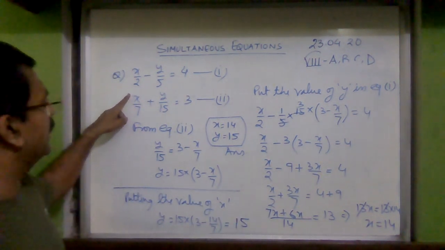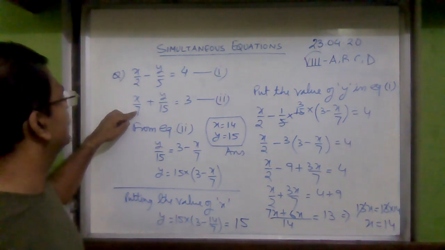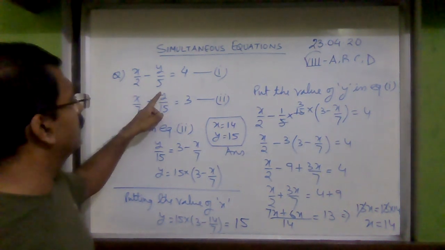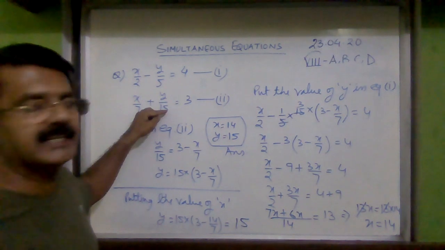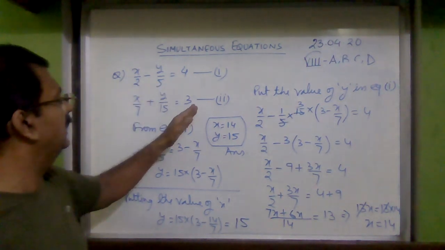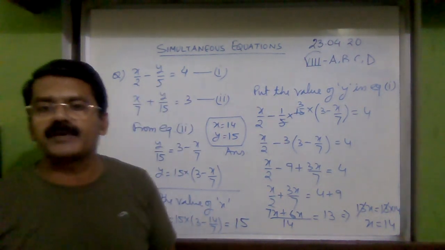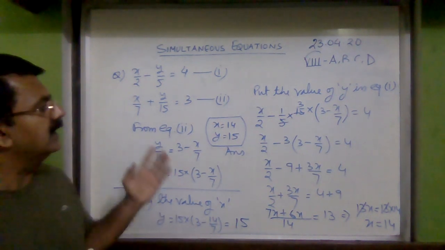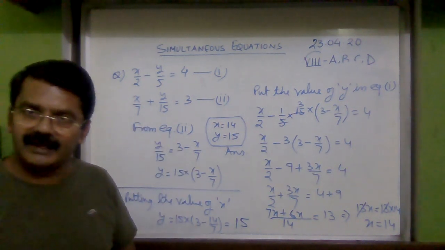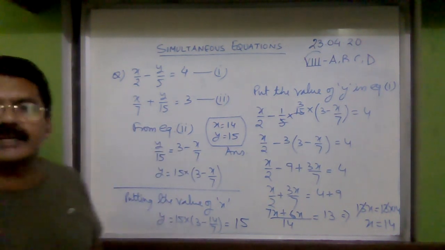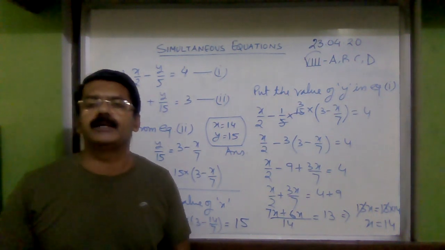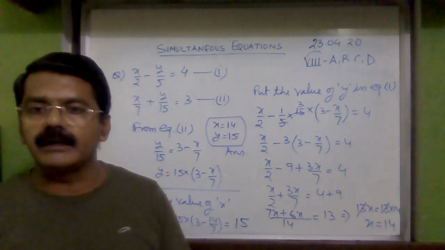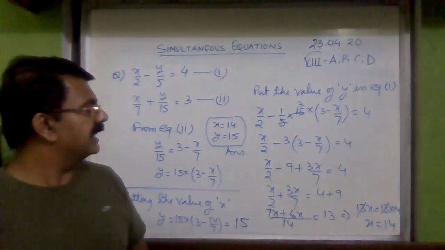Here also if you put x is equal to 14, 14 by 7 will be 2, and here you put y is equal to 15, 15 by 15 is 1, 2 plus 1 is 3. Again you can see on the left hand side and right hand side we are having the same value. Clear? So I hope now it is clear to you how to solve the equations having two variables using elimination